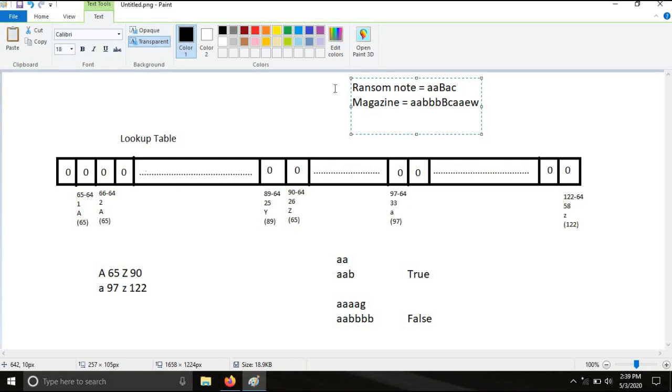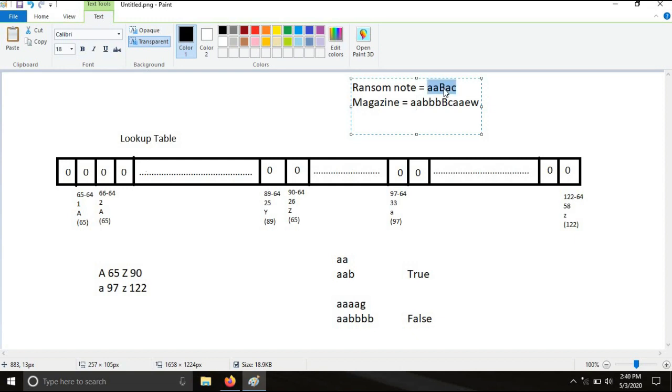So we have to check whether using the letters of this magazine we can create this ransom note or not. Firstly, here is A and A is present here, so yes, we can use one A. After that here is another A, so we have to check whether another A is present in magazine or not. Yes, it is present in magazine, so we can create that.